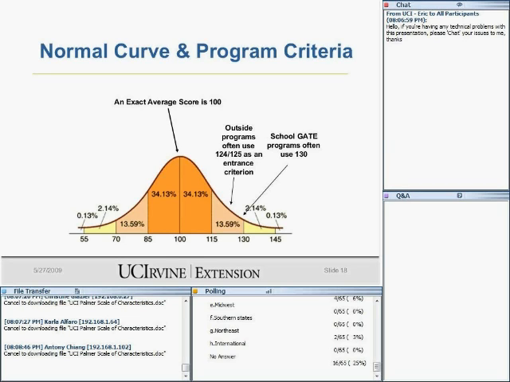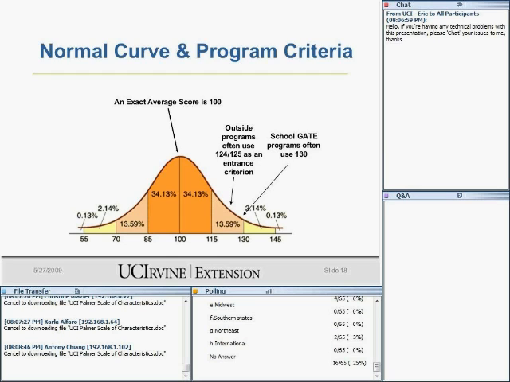Okay, so if you're looking at this, we're looking at slide 18. An exact average score is 100. Most outside programs don't look for 130. Most school programs do. Not all school programs. School programs can set their own criteria, and they could change them from year to year or more often. There's no federal or state laws pertaining to GATE programming that states how schools need to identify. There are state code of regulation kind of parameters,